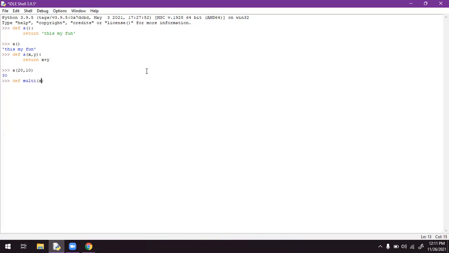I'm considering three inputs for my multifunction. When we call the multifunction, we have to give three inputs, a comma b comma c.